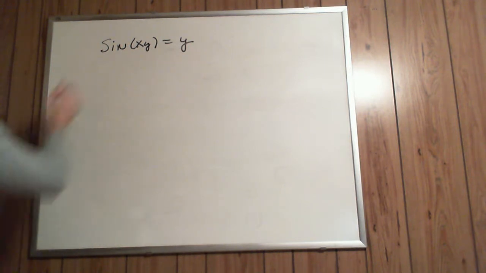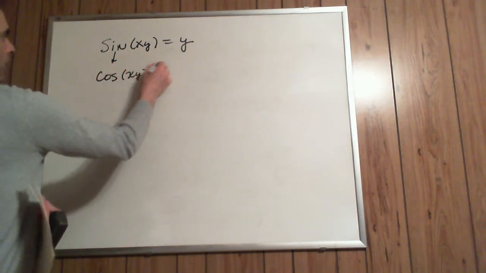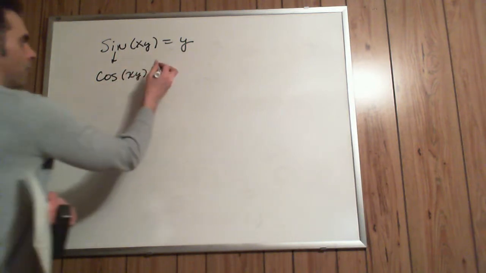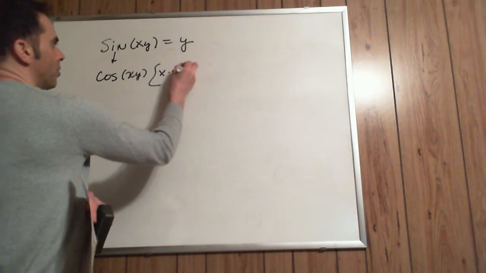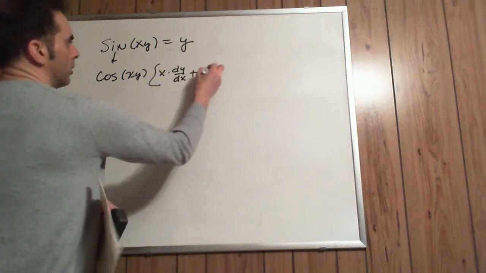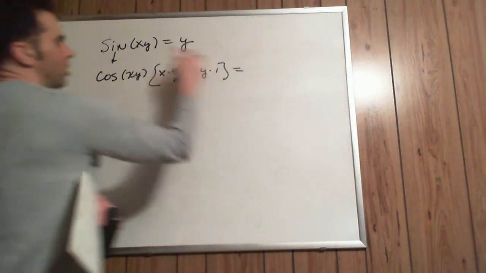Well, the derivative of sine is cosine. Repeat the inside and times it by the derivative of the inside. So the derivative of the inside would be the first times the derivative of the second, which would be dy dx, plus the second times the derivative of the first, which is 1, equals, and then the derivative of y